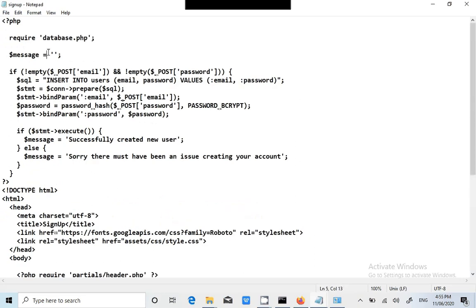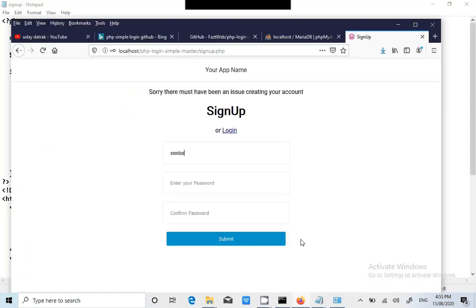After that, it's reading the post request values, insert into users. Here, as we created the database, we have to create the table name also. Insert into table users, and it has two fields, email and password. Whatever we pass as email and password will be stored in this. So now we need to create the table name called users.